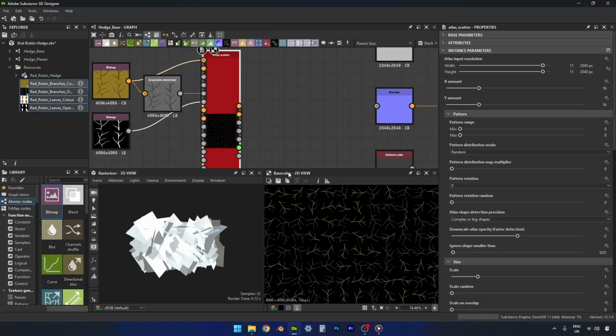So if you haven't come across this Atlas scatter node before, basically all it does, it's just like the regular scatter node, where it just takes a bunch of inputs and scatters them about and allows you to rotate them and scale them. But what it also does is it takes one bitmap and it crops them for you. So it literally just detects the individual shapes and then takes those and scatters them individually, which is fantastic. It saves us loads of space and time as well. So if we come over to the settings,